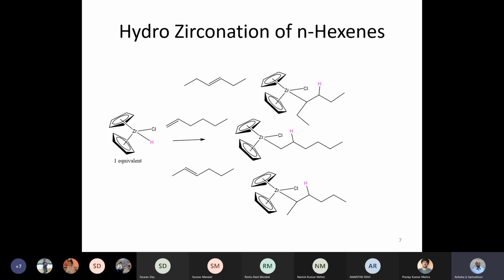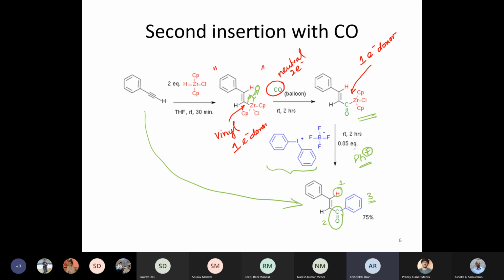Sir, instead of carbon monoxide, can we also use one more alkyne as a substituent for insertion? Yeah, instead of carbon monoxide, can you use one more alkyne? Is your question, right? Yes, sir. In principle, yes, but I do not know whether it has been tried and whether it is